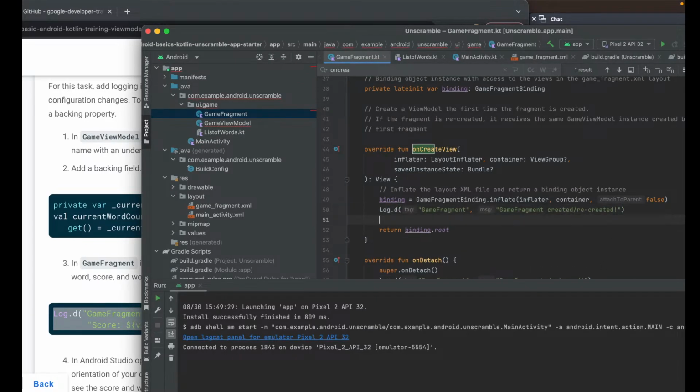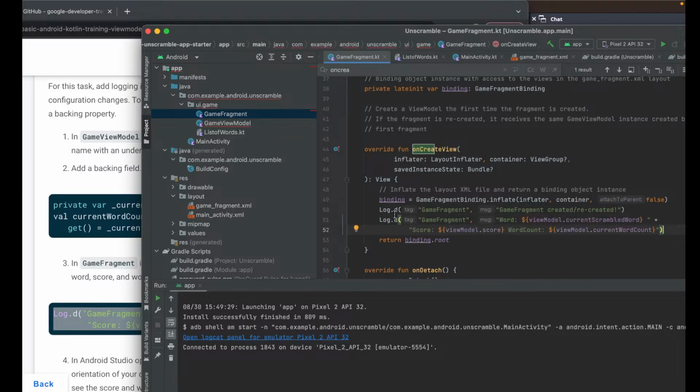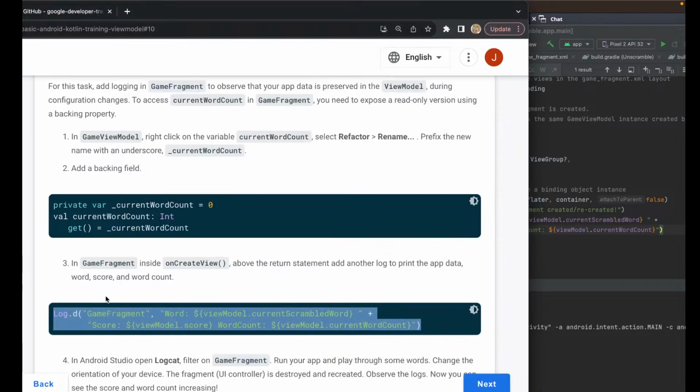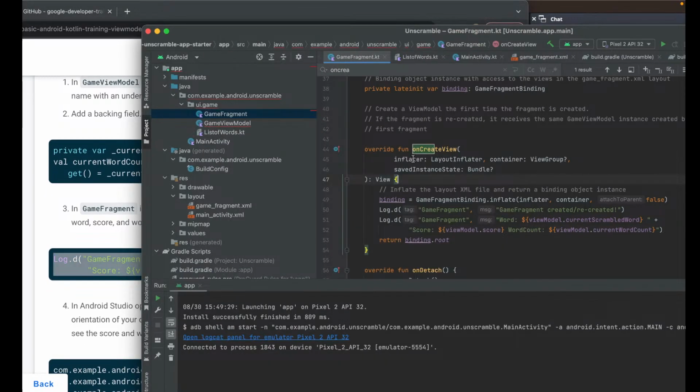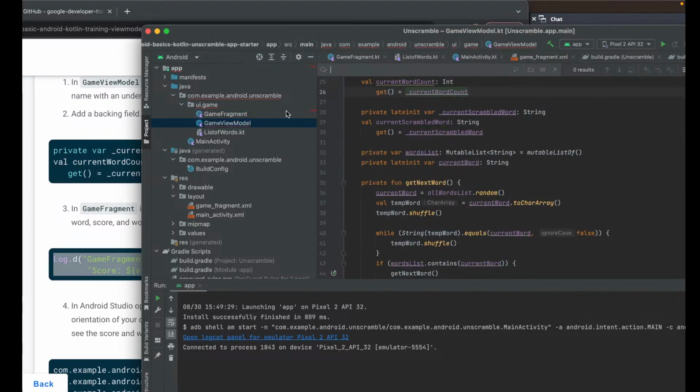So we are going to add this. And then inside here